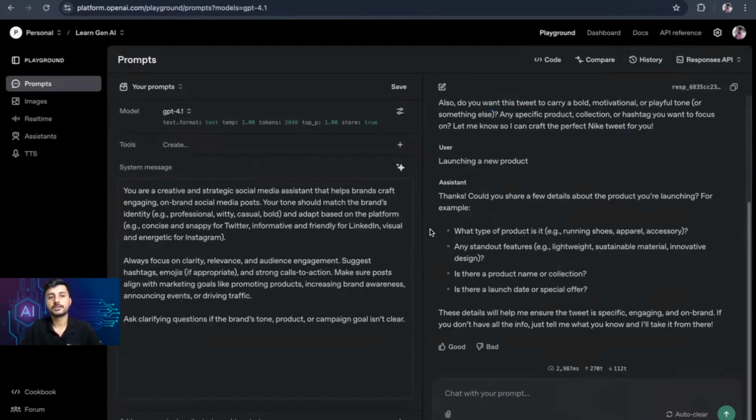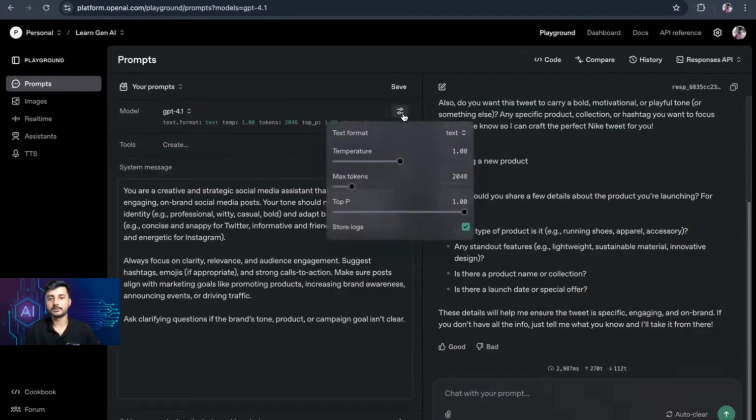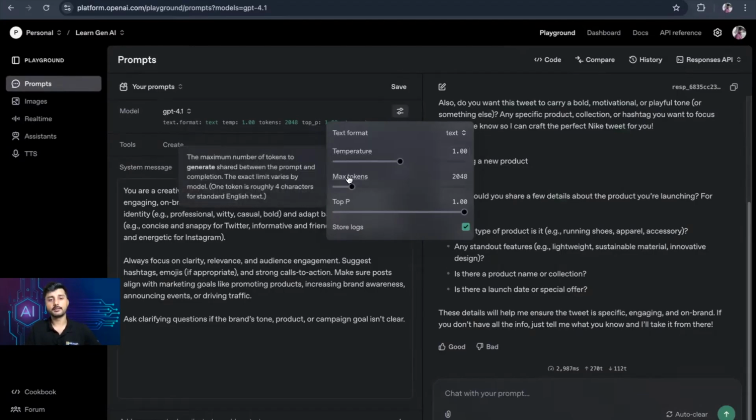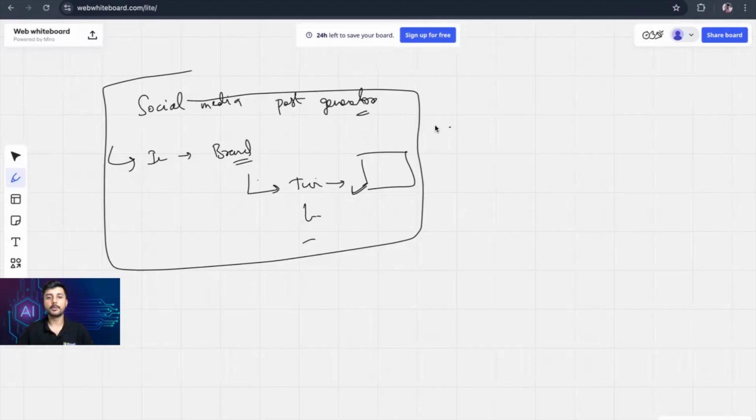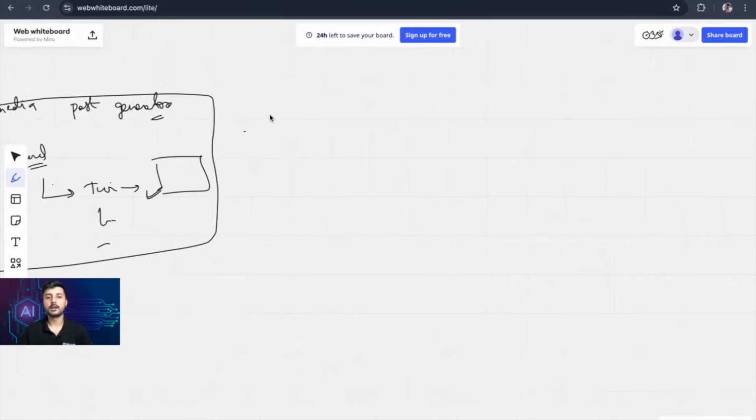I'll move to the next section, which is different types of parameters that you will have in the model. When you select a model, you will see this parameter option. Here you will find a few things. The first option is called temperature, and if you hover over it, you will find it says control randomness. The second option is max tokens. And then you have top P. We'll understand these terms properly, because if you are using the OpenAI API, it's very important to understand